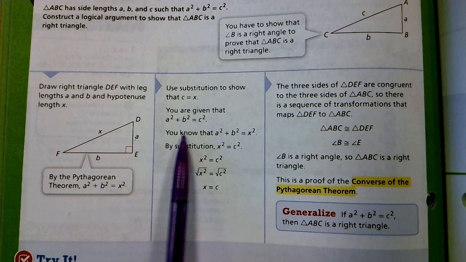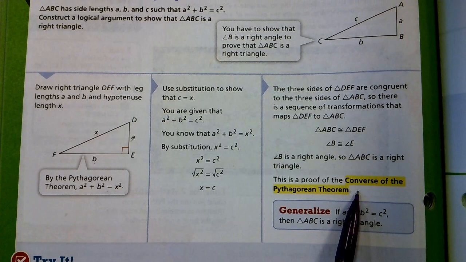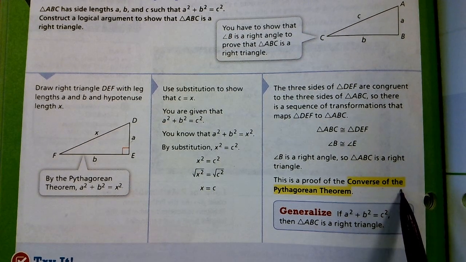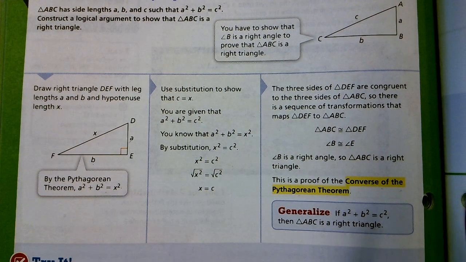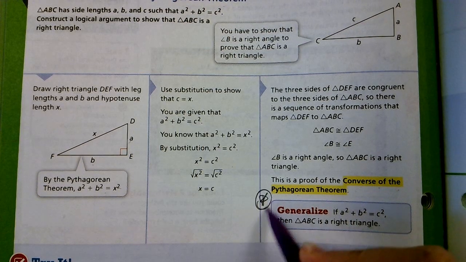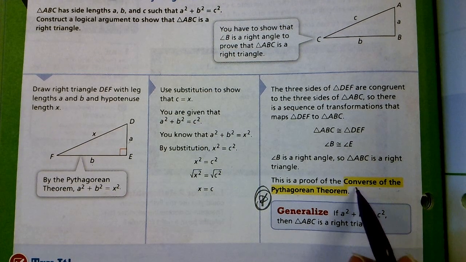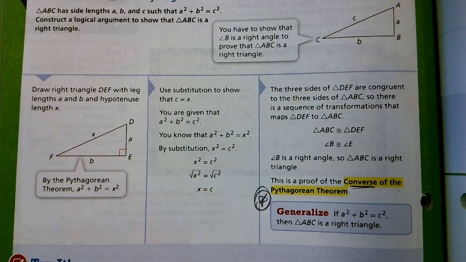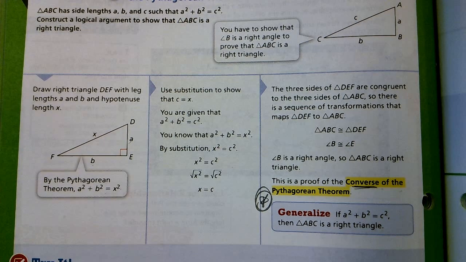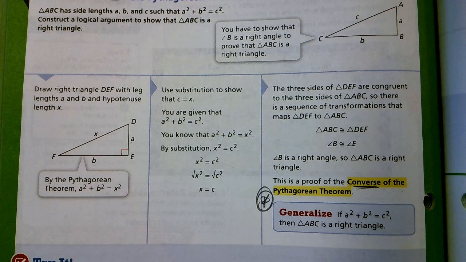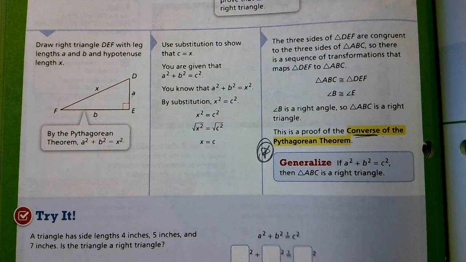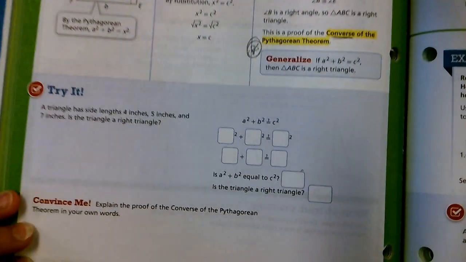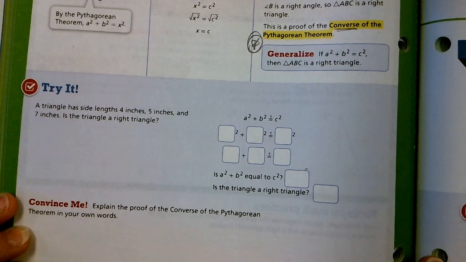We're going to just briefly touch on the vocabulary here, the converse of the Pythagorean theorem. So put a star here, that's yellow, that is a vocab term you're going to need to remember. You guys are well versed in Pythag already, so we're going to jump right on down to the triad. The triad says